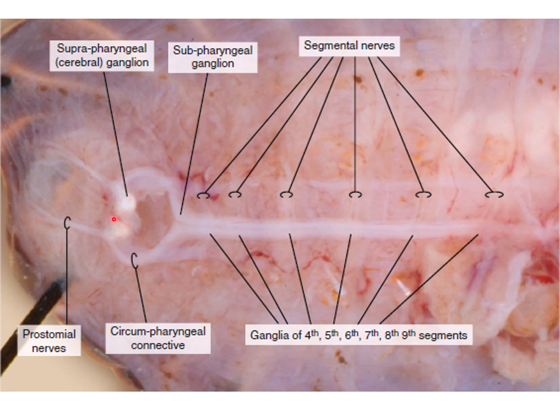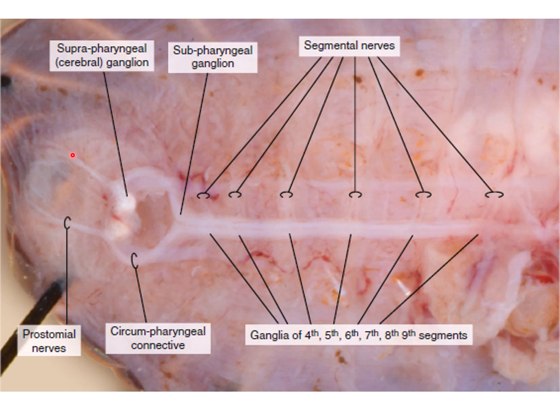But if we cannot see them, it means we have destroyed them while cutting the earthworm. And then we have to observe the prostomial nerves that are extending from the cerebral ganglia,